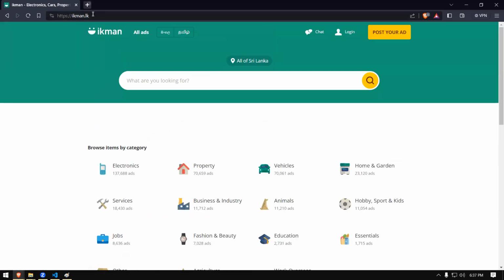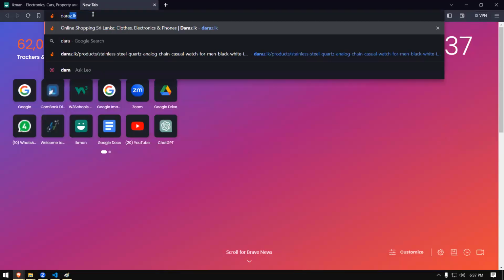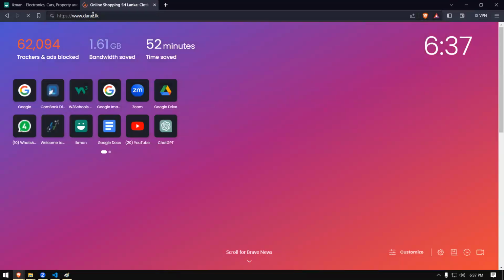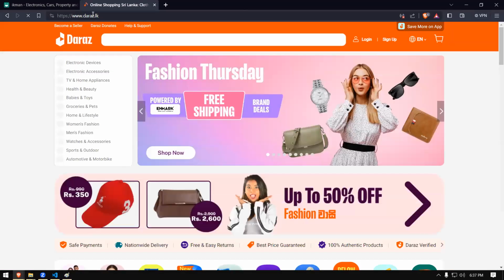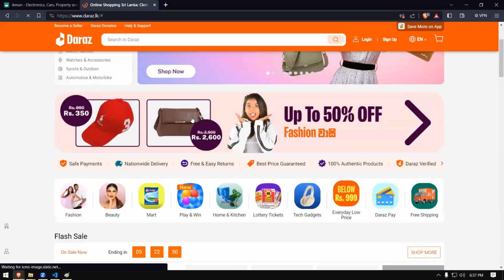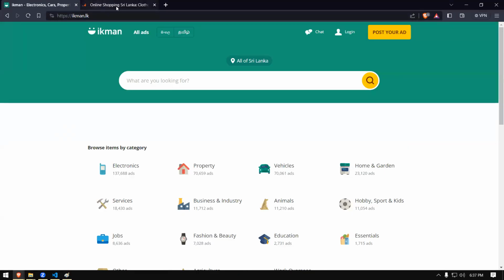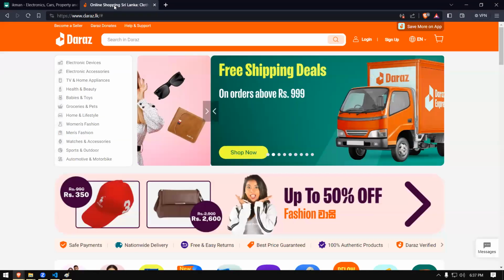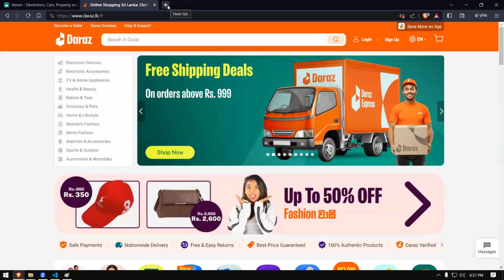We can go there. Let's go to another website. Let's say Terras.lk. So we can go to Terras.lk, right? So we can go to different websites. That's not the point, right? If you take people,